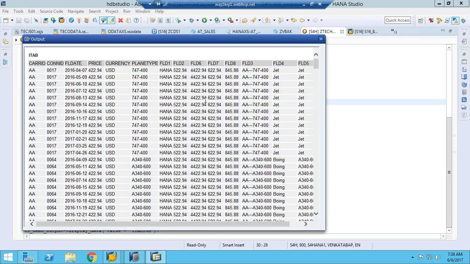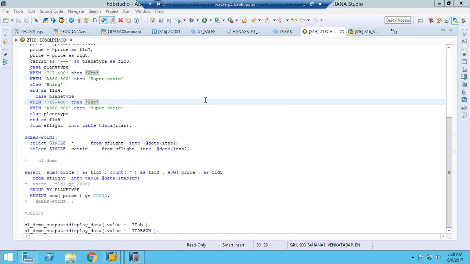Tomorrow we are going to discuss CDS views, which is very important. I'll send you the documentation, whatever we discussed till now, PPT and some text files. Please go through them and do practice. If you have any queries, you can let me know. Clear? Yeah, Venkat. Thank you very much.